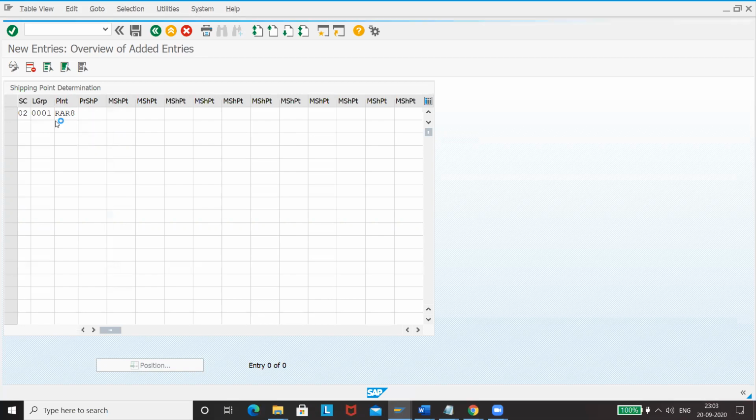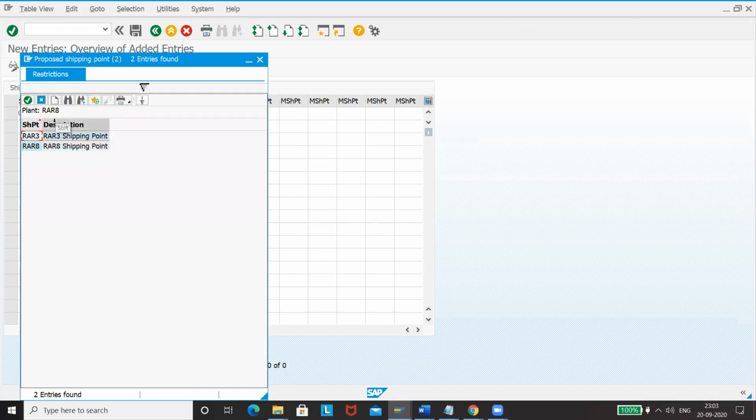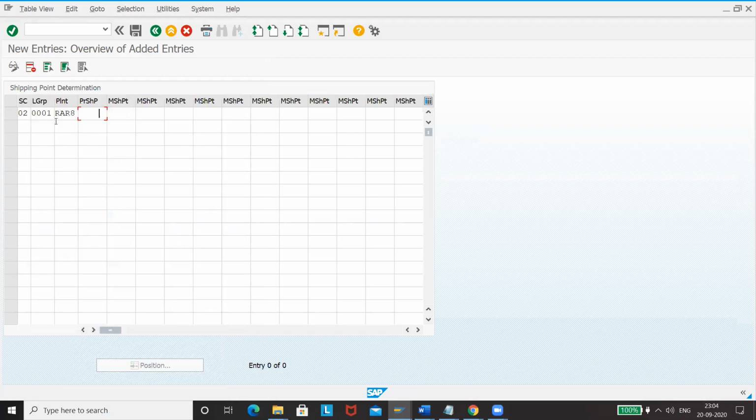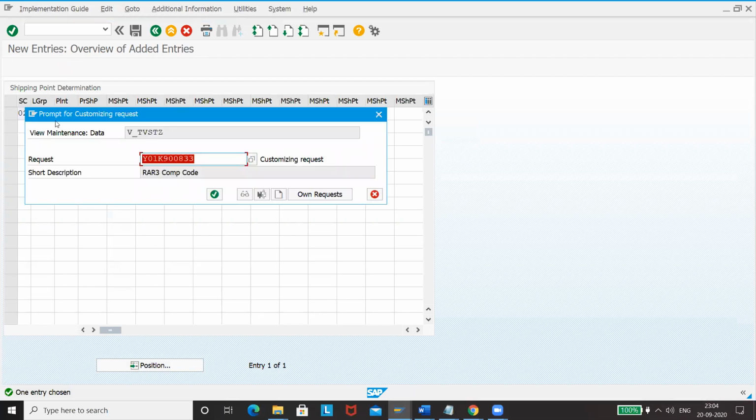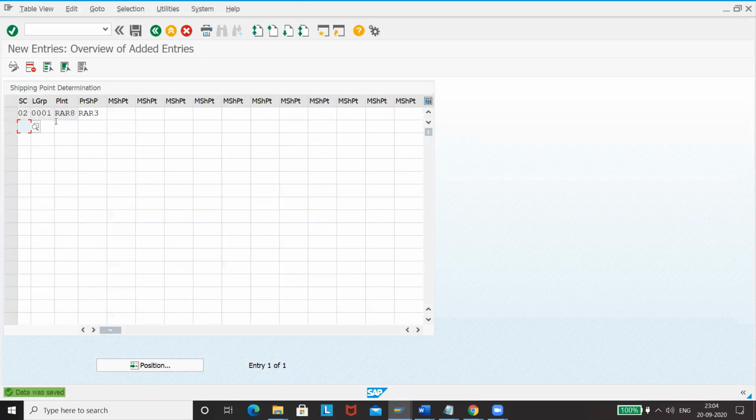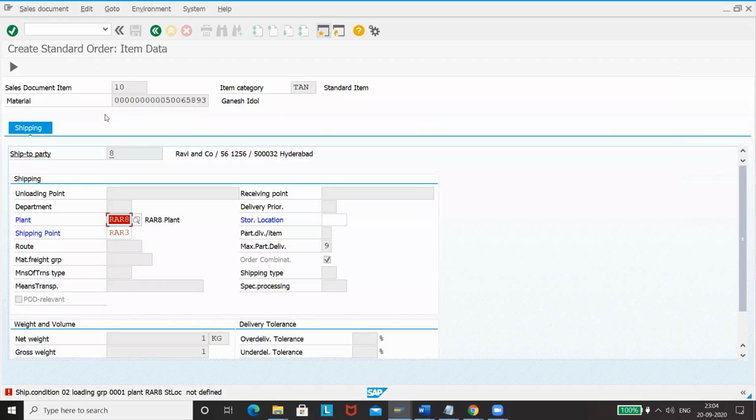Please press F4. You see what comes. Our shipping point is RAR3. So we have to use shipping point RAR3. Once you do this, what are we doing here? For these condition types and these loading groups, whenever it is going from plant RAR3, it automatically picks shipping point as RAR3. So you don't have to maintain it, it will automatically trigger here if you see.